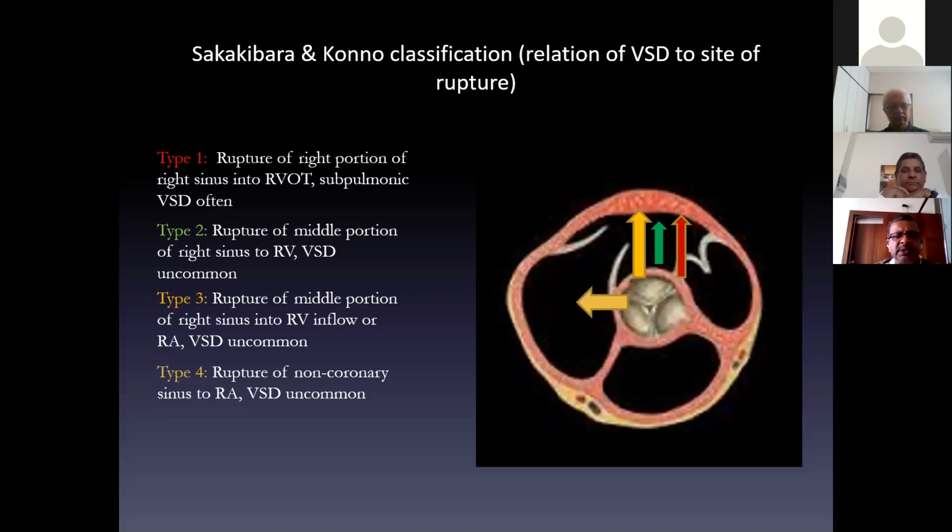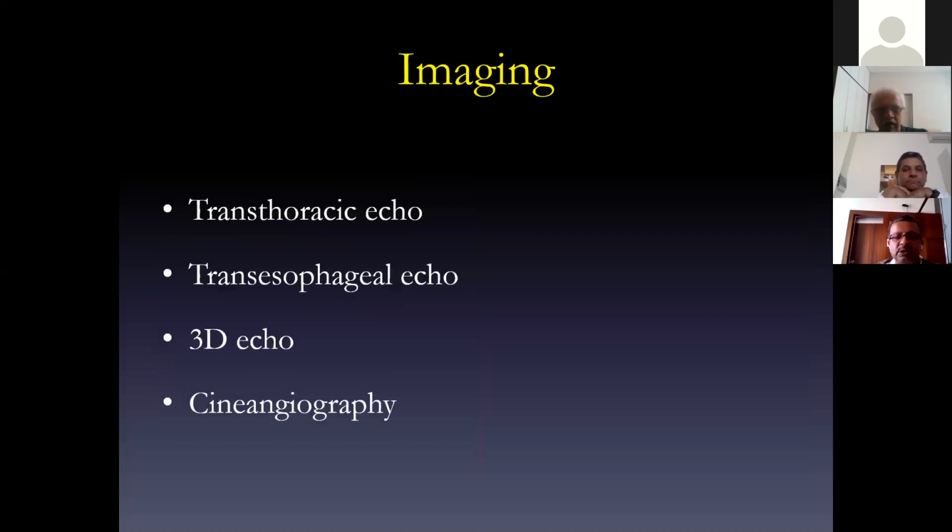So some of these RSOVs can be associated with, apart from the subpulmonic VSDs seen in our settings, some perimembranous VSDs that we have come across. That could happen even with the non-coronary rupturing, but it's extremely rare. Rupture of the non-coronary sinus into the RA and VSDs, I can say I have not encountered in our big series. So imaging, coming to this transthoracic echo, of course, the clinical suspicion will make you a diagnosis